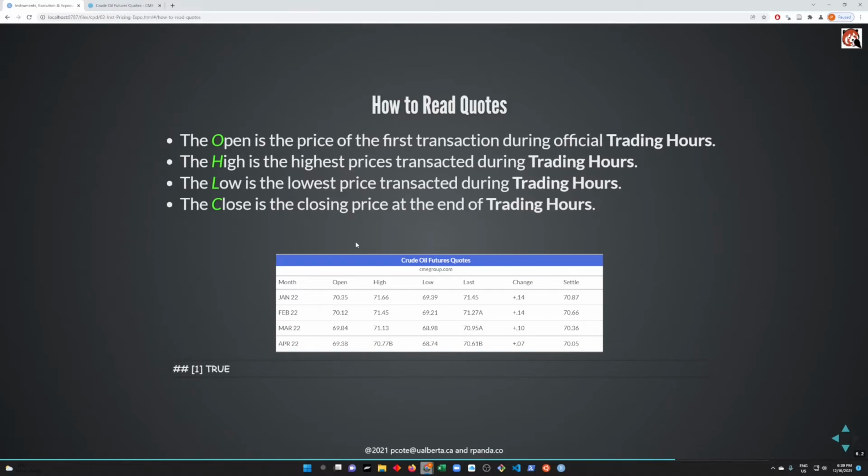OHLC time series are very common in finance. If you extract time series of prices and want to do analysis, when you hear OHLC, it means that for each day that you search historical prices, you are going to get 4 prices. The open is the price at which the trading day opened, the high is the high during this trading session, the low is the low, and the close, often referred to as the settlement price, is the actual official mark-to-market or settlement price of the exchange at the close. And that is what margin is actually computed on.